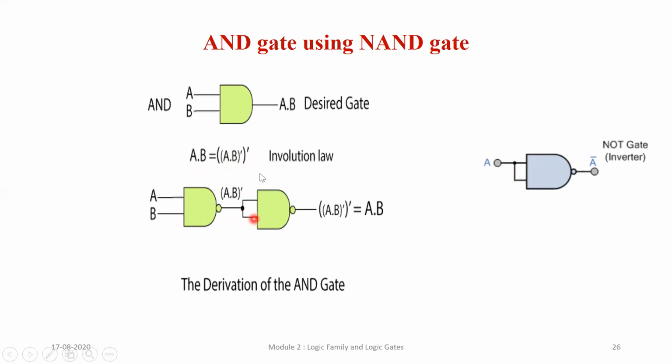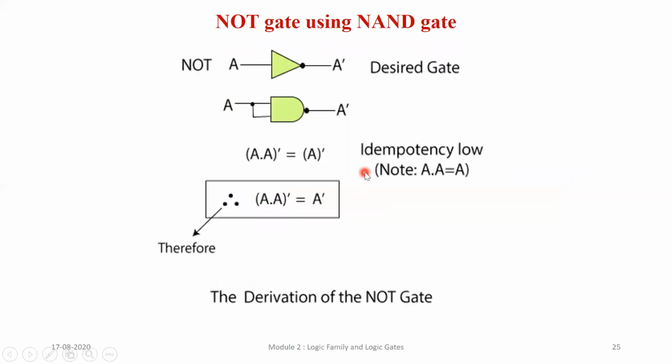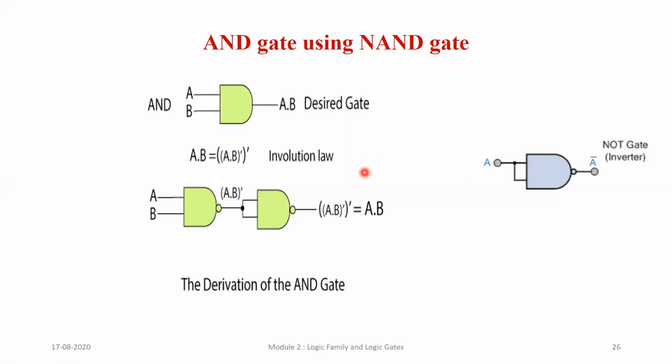Remember, suppose there is some term in front, forget about it, and I just add a complement at the end. What you do is take a NAND gate, tie both the inputs together, short both the inputs together, and give the function to it. At the output, it is the complement of that function. So first remember the NOT gate. The second one is AND gate using NAND gate. Done.